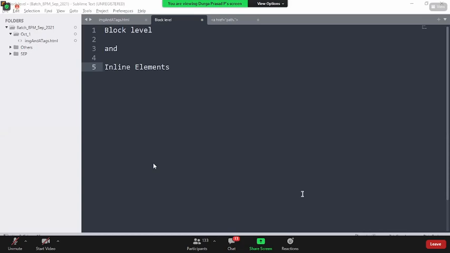To get expertise on HTML, do I need to know the list of all the HTML tags I have? Yes. So before exploring all the HTML tags, what are the different categories the HTML elements are divided into? All the HTML tags or elements